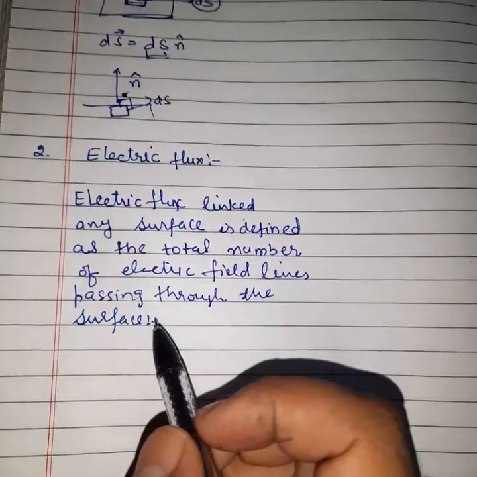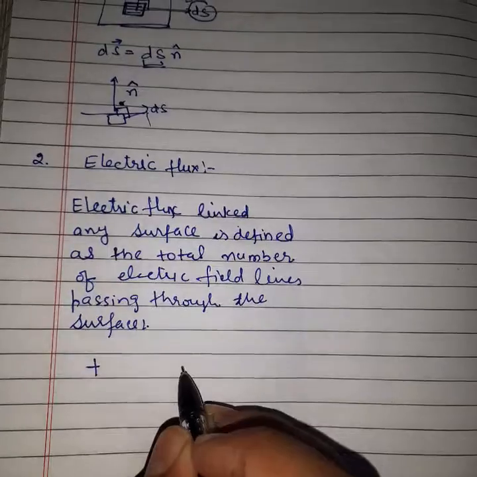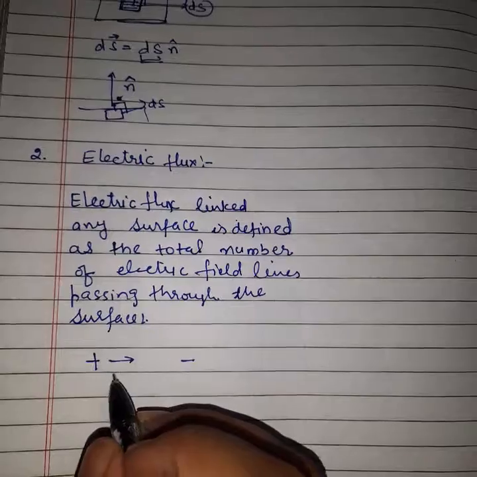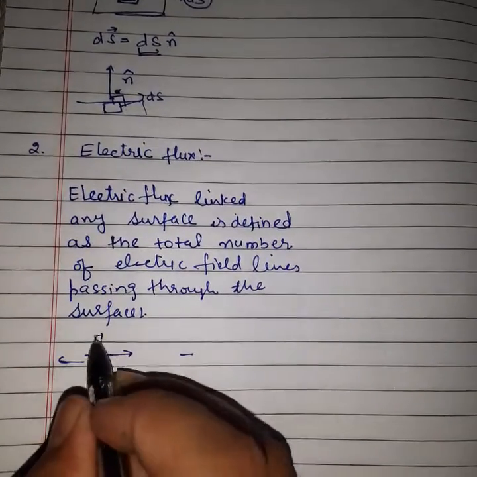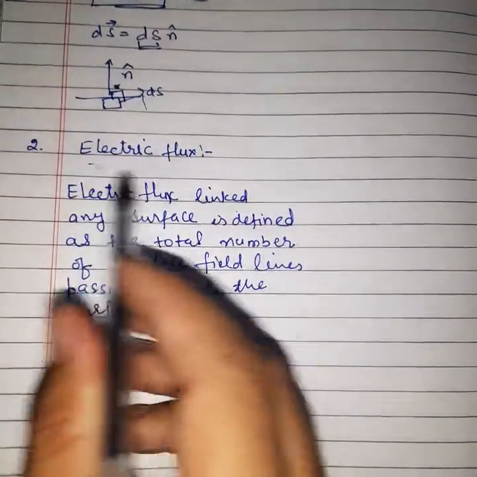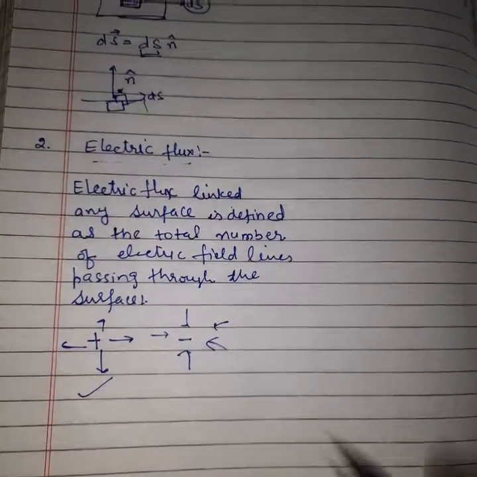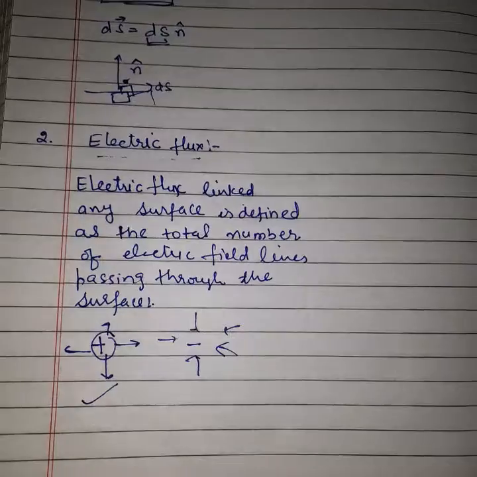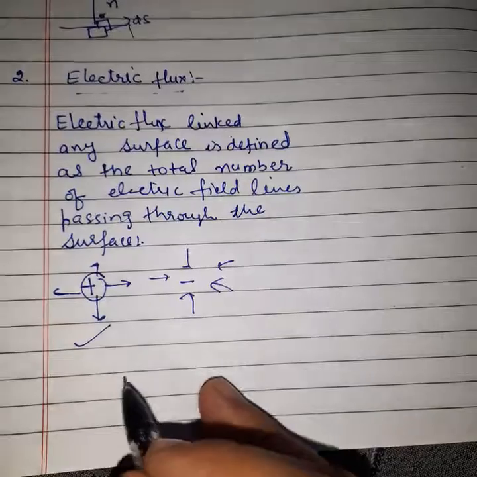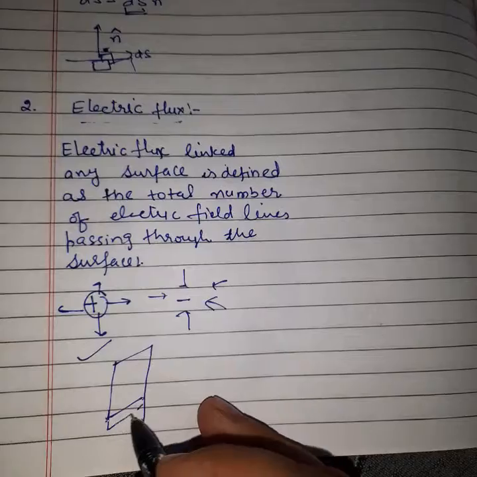First of all we have to understand the meaning of electric field lines. We have two kinds of charge, one positive, the second negative. Electric field lines come outside from the positive charge and enter the negative charge. To understand the concept of electric field, we will take only the positive charge, meaning the field lines which come outside from this positive charged particle. First of all we have to select any surface. We can say this is a surface. Okay, we are selecting any surface here.